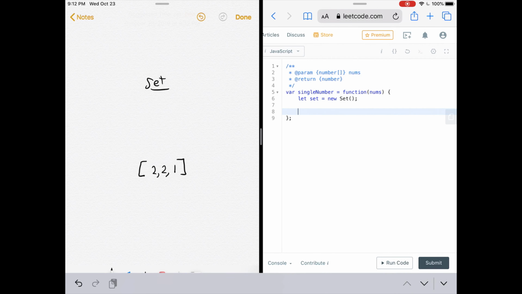Okay, the next thing we have to do is iterate over every element in the array. So for let num of nums, num represents the number we're currently on, which right now would be this. All right, so now we have to check whether the num we're on is in the set. So if set.has(num),